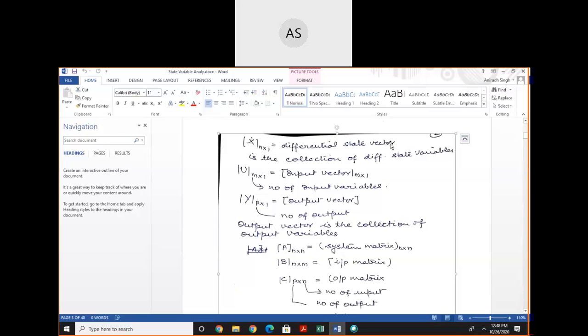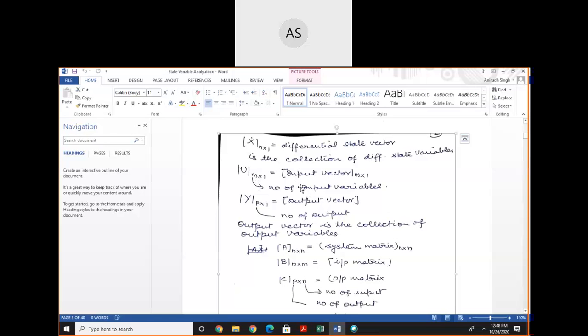Here dx by dt is the differential state vector. Differential state vector is a collection of differential state variables. State vector is a collection of state variables. Here, u is a vector